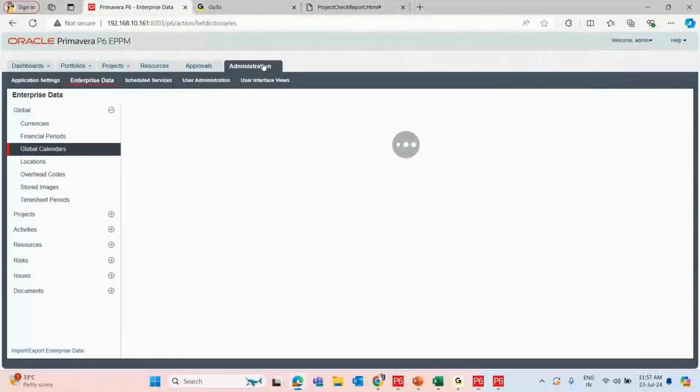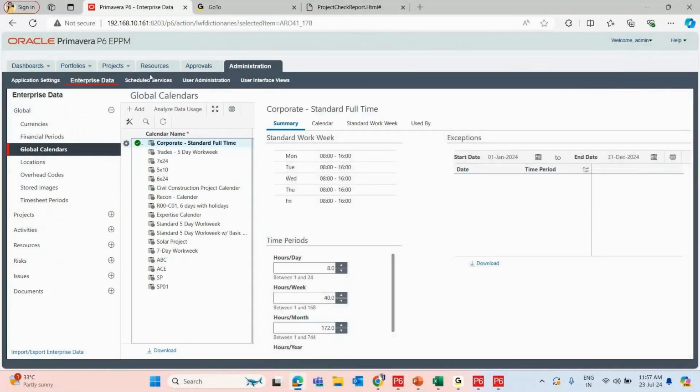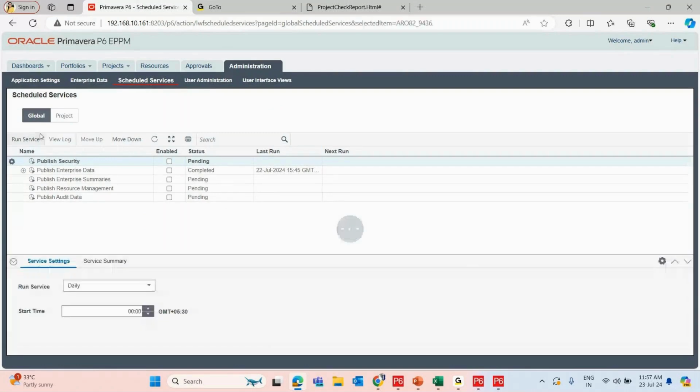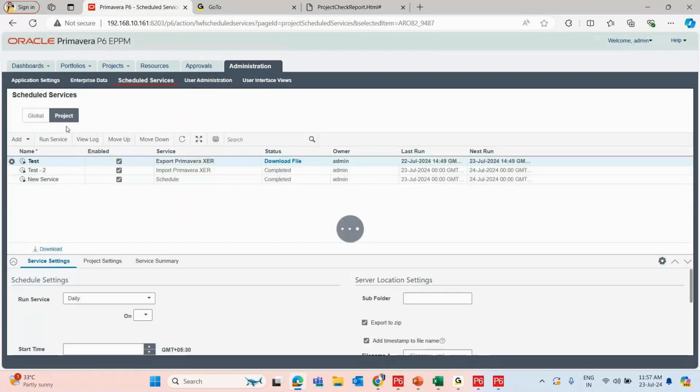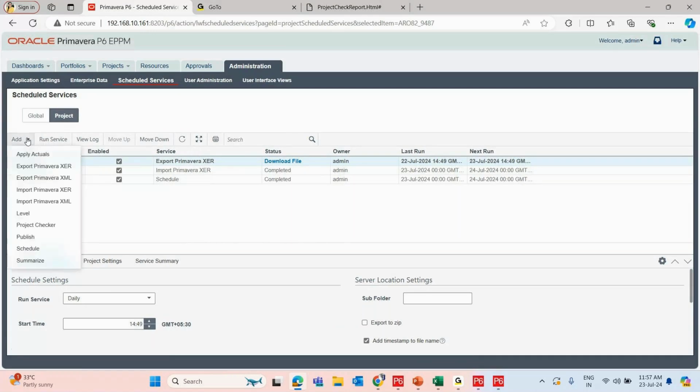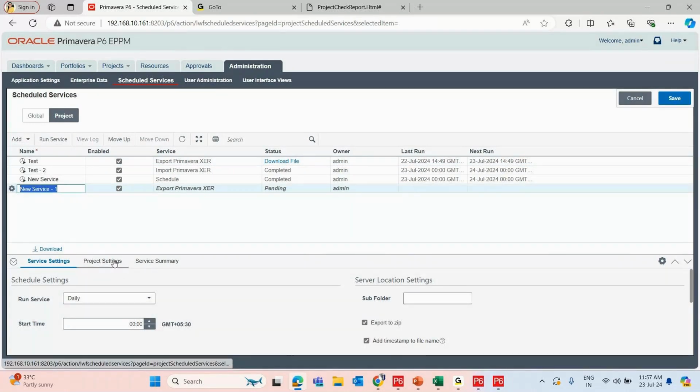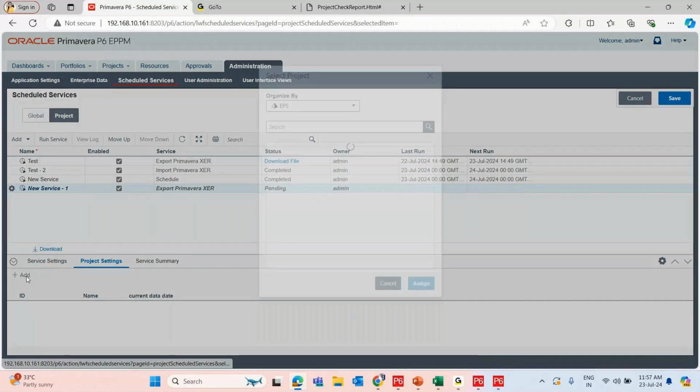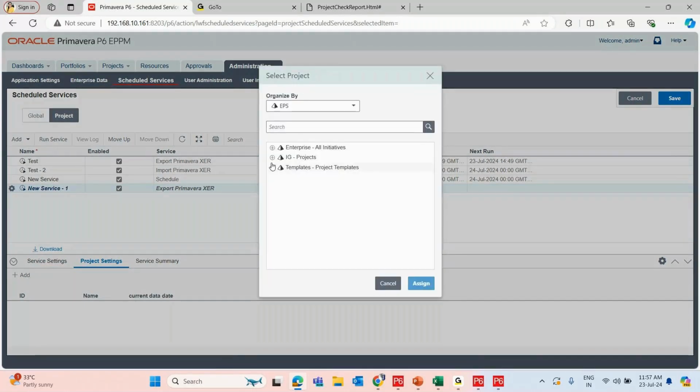I'm going to administration, and now I'm selecting the schedule services. And here I'm going to project. So now I'm going to add export project Primavera XCR file. So here I can choose the project, which project I want to export. I can select the particular project, and then